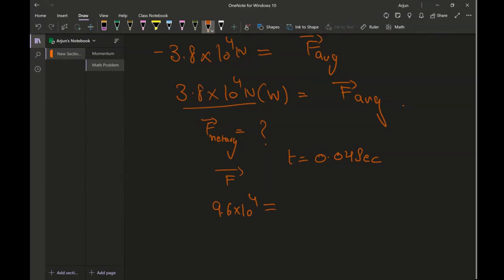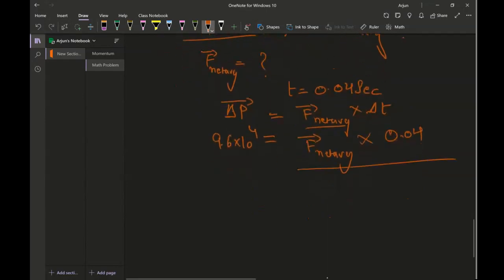I'll write down the formula here: delta P is equal to force net average. Net average or average means one and the same thing, so don't confuse yourself. This is equal to F net average, which we are looking for, multiplied by time, which is 0.04 seconds. Now dividing both sides by 0.04,